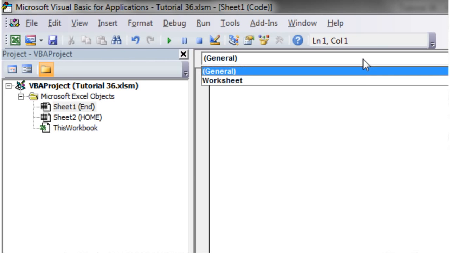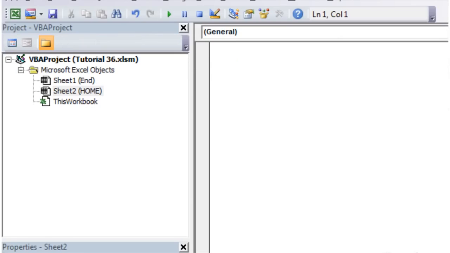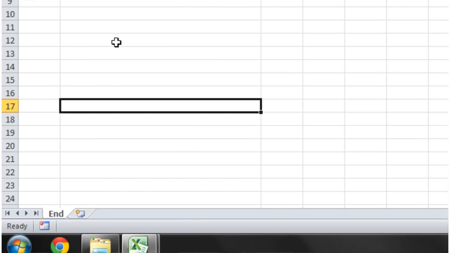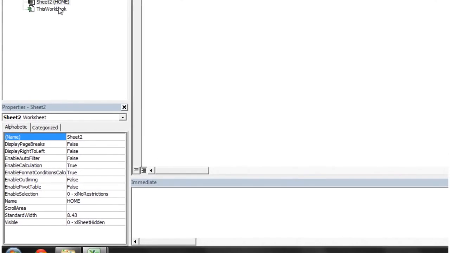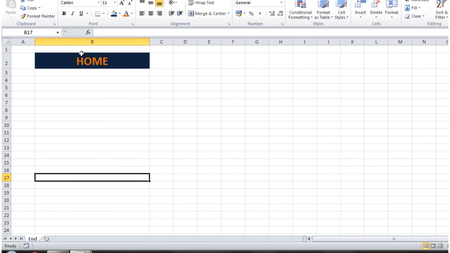So that's again just in our, and I've got two worksheets here. I've got one called end and one called home. The home one, if you look in the properties under visible, then you notice it's hidden. And if we go in here, you can't actually see it. So what this code is going to do is unhide that sheet,